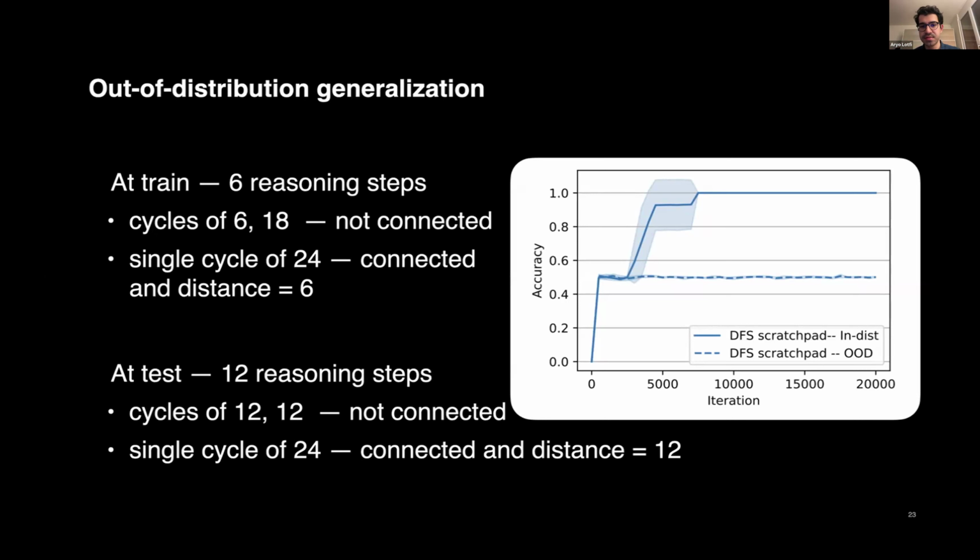And as you can see in this plot, when we train on this distribution and we just test on the harder, more complex distribution, we can't get any generalization. And again, just note that the size of the problem in the number of tokens sense is the same. So there is no length generalization on the number of tokens that the transformer has to handle. The only kind of length OOD generalization is on the number of reasoning steps required.